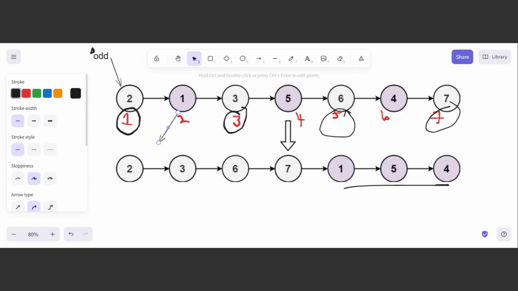So 2 is head. Okay, 2 is head. That is the odd node. I'm going to assign head to odd, a pointer variable called odd. If I have to point to 1, what is that? Head is the second node. Second node is nothing but I can find the address of the second node from